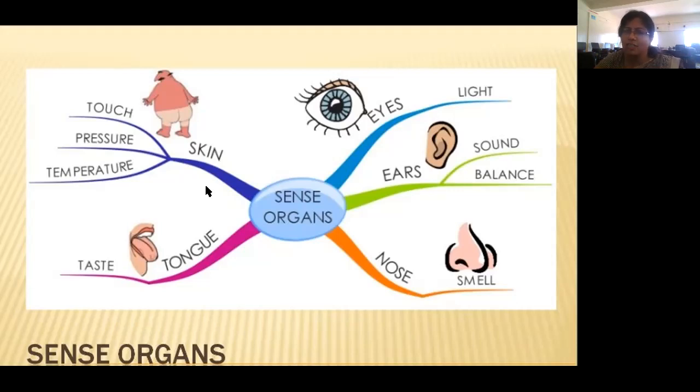The 5 sense organs which we have are skin, which covers the whole of your body. Is there any body part which does not have skin? No. All our body is totally covered with skin. All our internal organs are packed inside our skin. Have you ever seen any human being who is skinless, having the stomach in one hand and lungs in another hand? No, right? Our skin keeps all our body parts inside it intact.